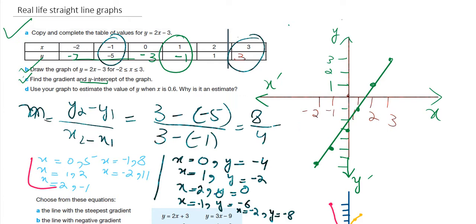All right, so what's the next step? Next part, we have to estimate the value when x is 0.6 and y is, okay, use your graph. We have to use our graph. Okay, I didn't plot, I used the, okay, over here